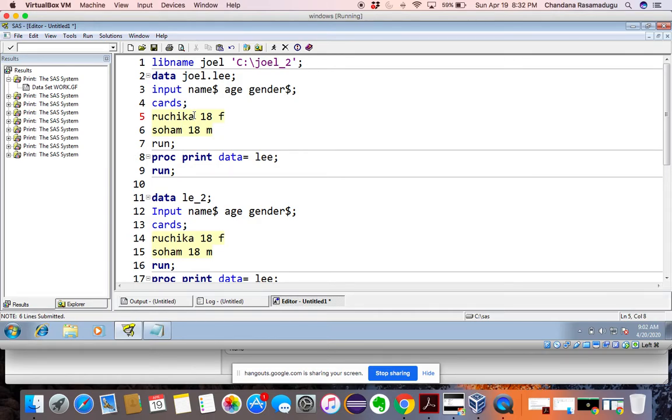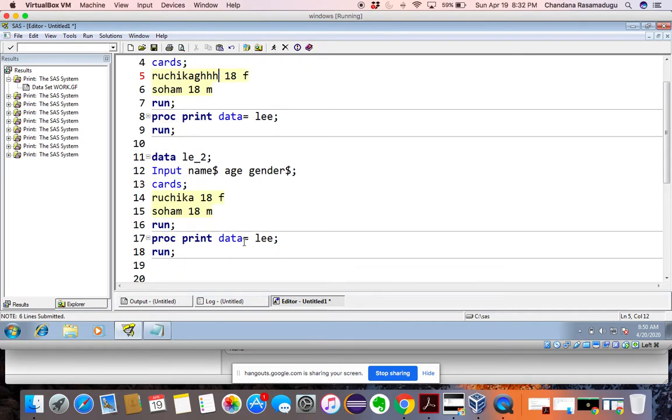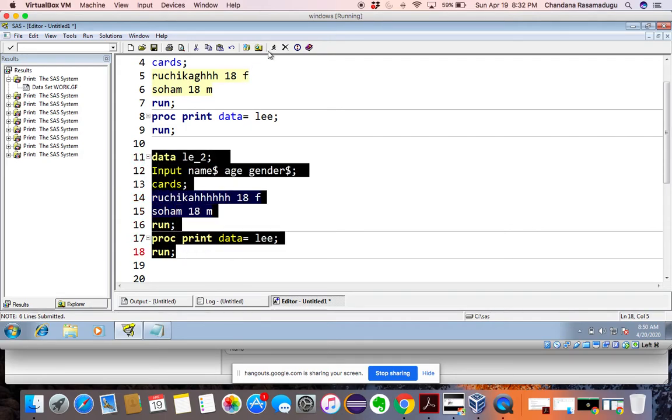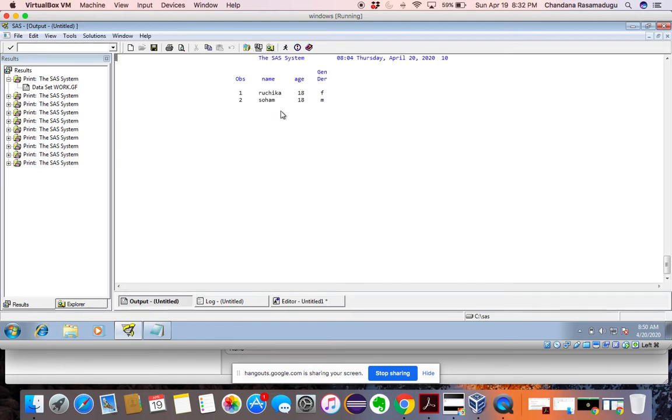What if we increase it to more characters? See, now we will see. Let's run the program now. Maybe I'll try with this one. Okay. Now I have given more than 8. Let's see what will happen. Now I'm running this program. What happened? How many did we get?